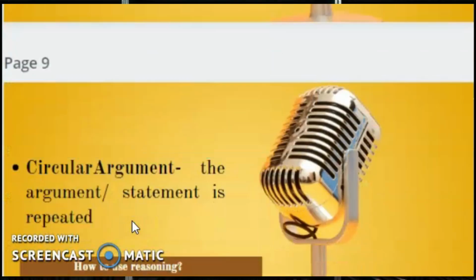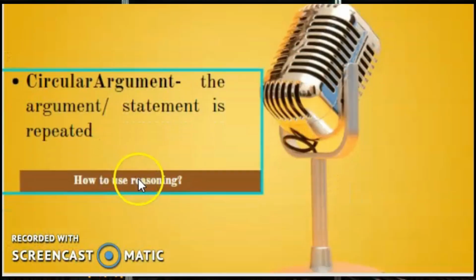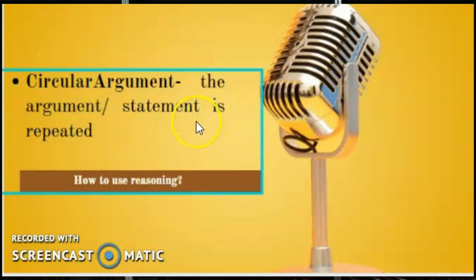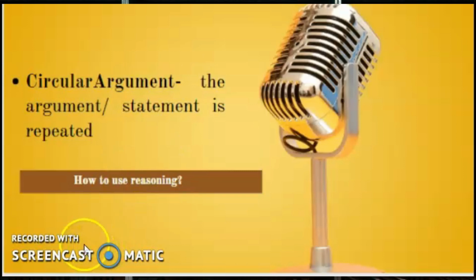Next, the fallacy that we should avoid aside from ad hominem is the circular argument. From the term circular or encircle, you just keep on repeating your statement. Let's say that you have mentioned we have to take care of our Mother Earth because it is necessary. So it is important that we take care of our Mother Nature because it is needed. So you just change the terms, but the thought is the same. So that's circular argument. You have to avoid that one as well.